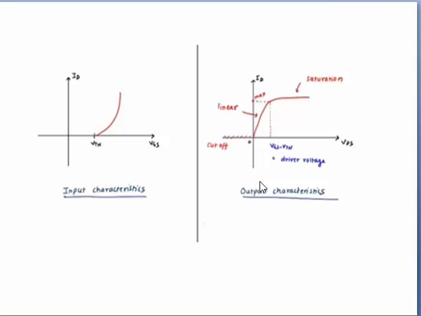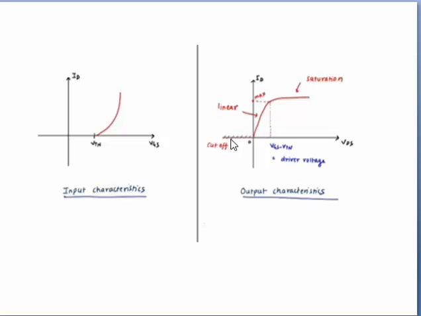Now we will study the output characteristics. In this we have 3 types of regions: cutoff, linear, and the third one is the saturation region. Now first let us start with the cutoff region. VDS is the voltage between drain and source terminal. When VDS is less than 0, that means VDS is negative, then the MOSFET is in cutoff region, that means the MOSFET transistor is in off state. Off state means where current is zero, that means drain current is equal to zero, no current flows in the MOSFET.